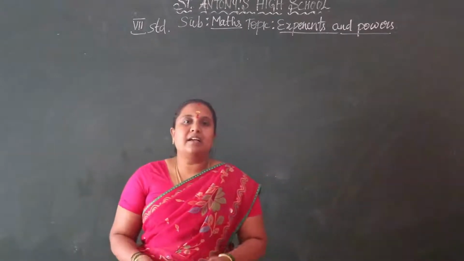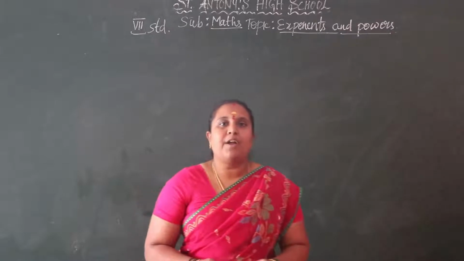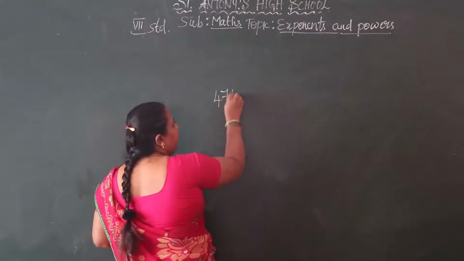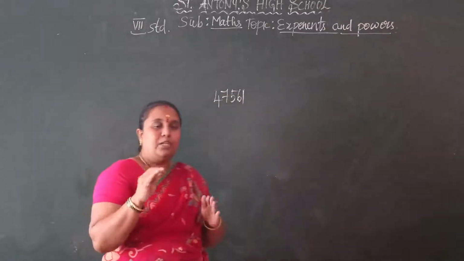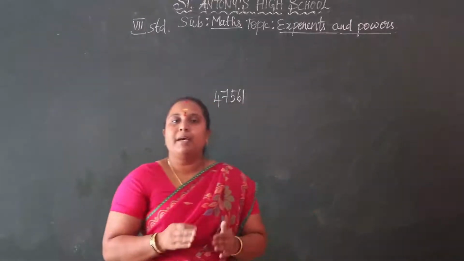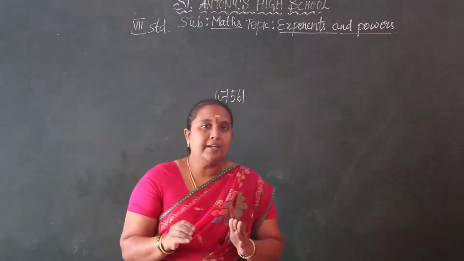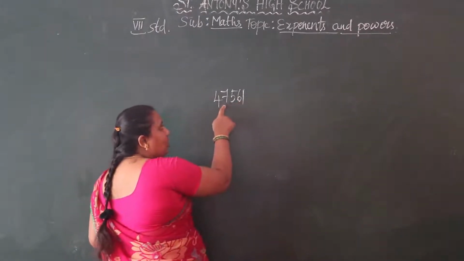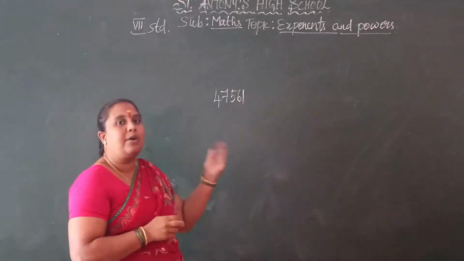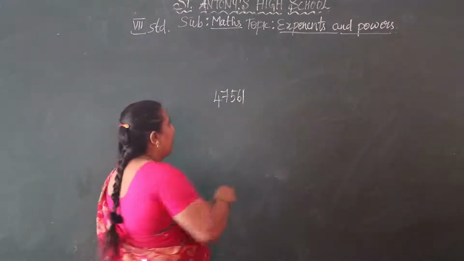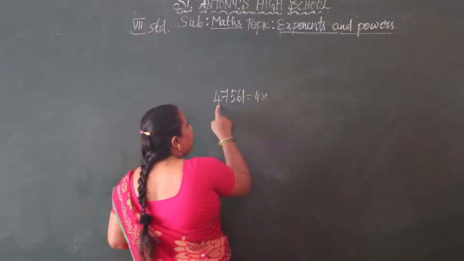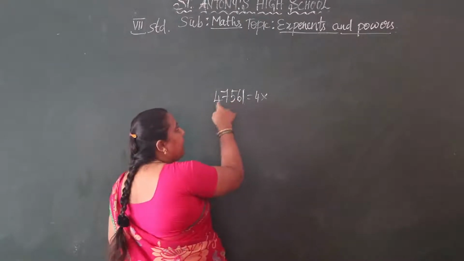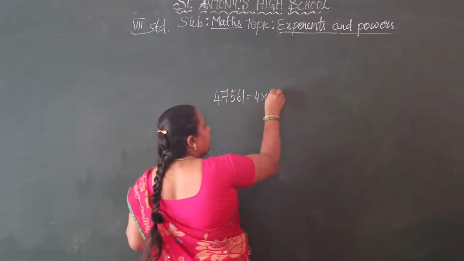Let us take an example, 47,561. It is given in your textbook. We have to expand this by using exponential form. You know how to expand: ones, tens, hundreds, thousands and 10,000s. By the place value we have to expand this given number. So 4 into, what is the place value of 4 in this number? Ones, tens, hundreds, thousands, 10,000s. So 10,000